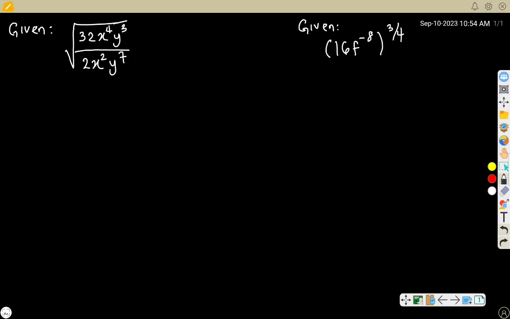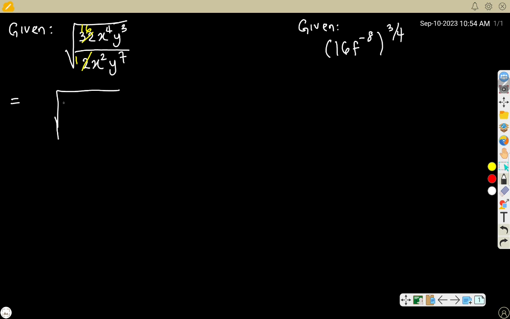So look at the first one. Given square root of 32x raised to power 4 y raised to power 3 divided by 2x raised to power 2 y raised to power 7. Now you can cancel out numbers, and remember this is indices. So 2 here 1, 2 here 16. So I'll have